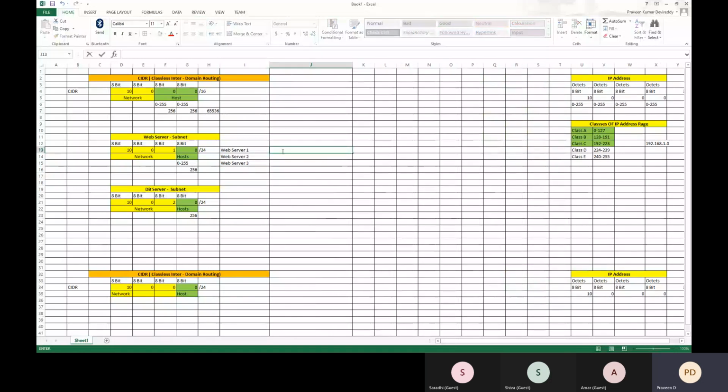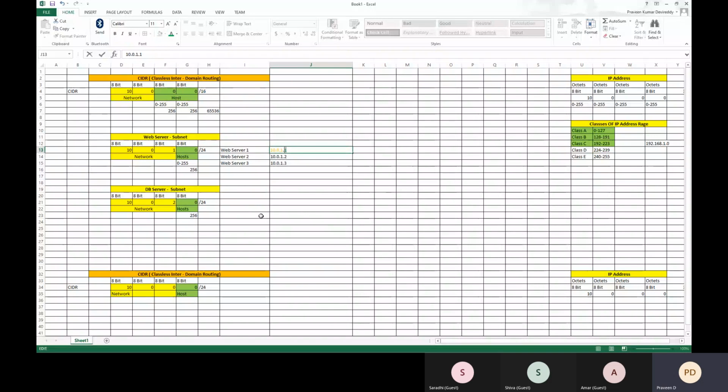So the IP address can be 10.0.1.1, here it can be 10.0.1.2, here it can be 10.0.1.3. Here the first three are reserved for the networking section, and the last one is for the virtual machine, which is the host.